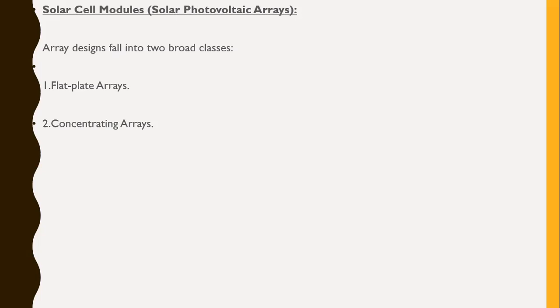A tracking array is defined as the one which is always kept mechanically perpendicular to the sun's ray line. Okay, so if you always keep it perpendicular to the sun's rays, at all times it intercepts the maximum insolation. From daytime till evening, it is having maximum solar radiation falling onto it if you keep tracking it. So these types of arrays must be physically moved by a suitable prime mover.